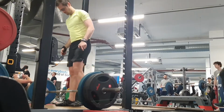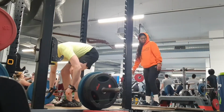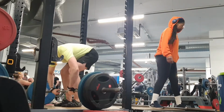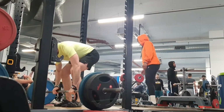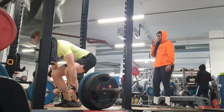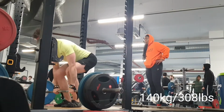Back to a regular session for me this time, and a few things to talk about. Starting off with the deadlift, I had a really good time with 140. You'll see now that it really moved smoothly and quick. It was fast. And after this, I had in my mind, okay, I nailed down the positioning. I'm gonna go to 150, and it's gonna move as fast, maybe slightly slower, but still as nicely as 140